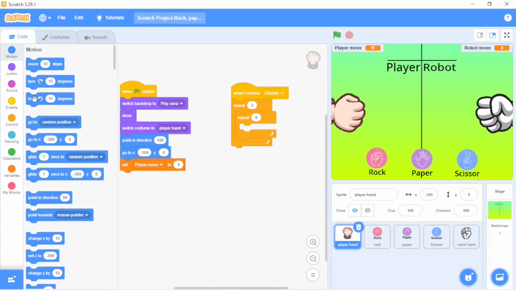From motion take turn anti-clockwise 10 degrees, and now duplicate it, take turn anti-clockwise -10 degrees, and see the effect.